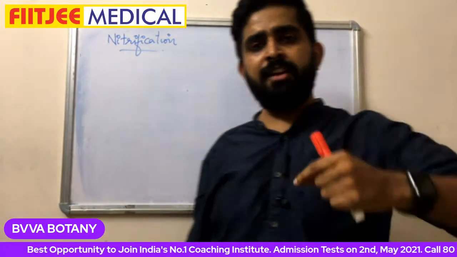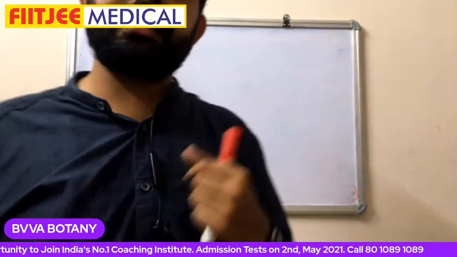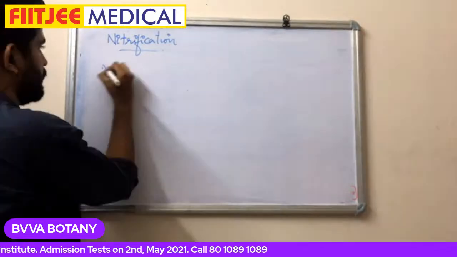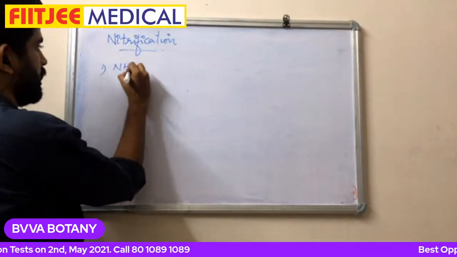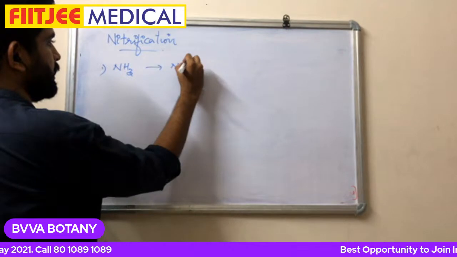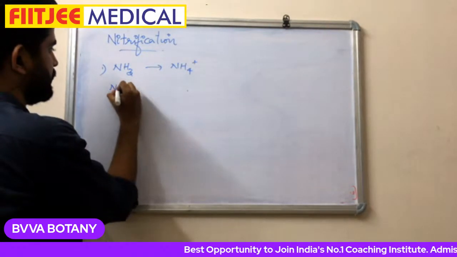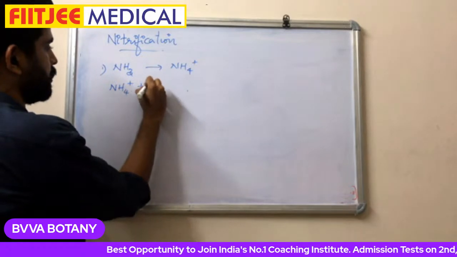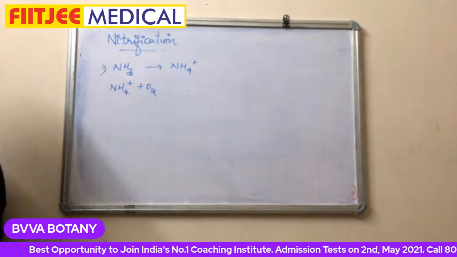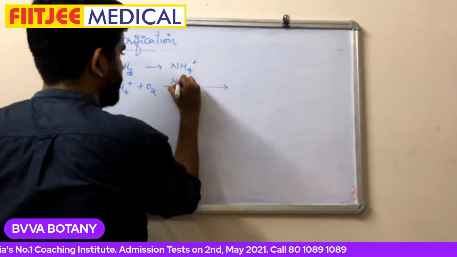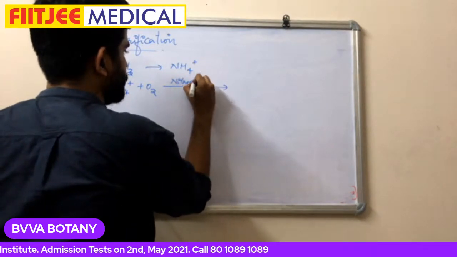Now this ammonia will be converted into nitrite, and then nitrate will be absorbed by the plant. For that, ammonia is converted into ammonium ion, and this ammonium ion, by oxygen and bacteria, the name of the bacteria is Nitrosomonas